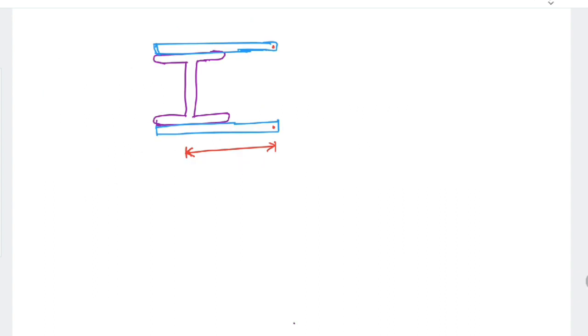Here I am reproducing the problem using a graphical image. Here it is ISHB 300, and these are the two cover plates of 8 mm thickness. Now this is the eccentricity. The load is applied here. Bracket means the two plates are connected on either side of the flange of this ISHB. So when we are connecting, this is the eccentricity of the load which is applied. Here we are going to fix the bolts at this location.